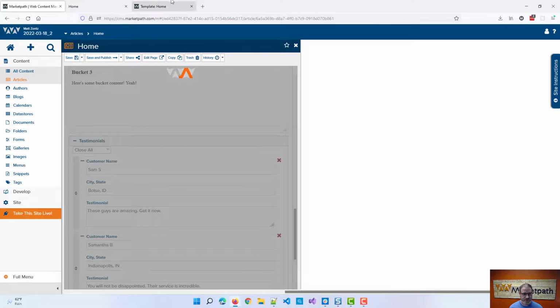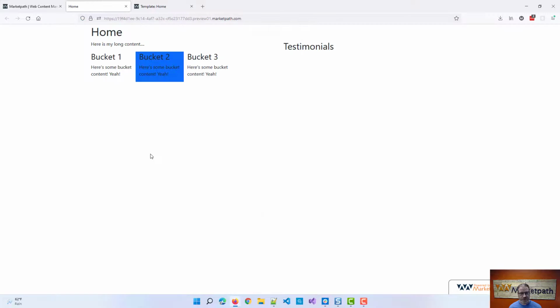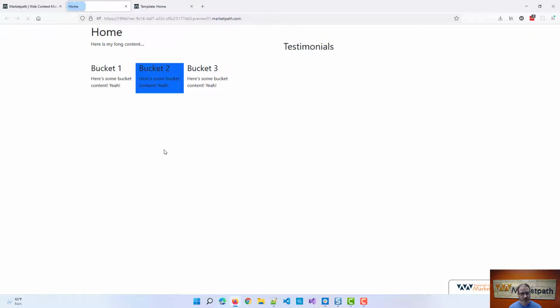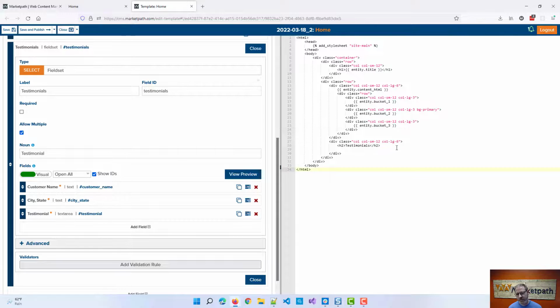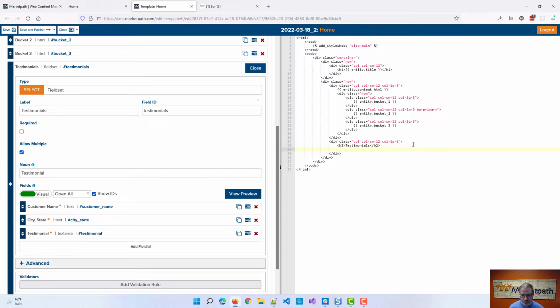I'm going to save and publish this content and go over here to the preview, hit refresh. Wait, where'd it go? Guess what? I still have to add it into the mix. So what we're going to do is go over here to the template, and underneath testimonials, we're going to start a for loop. For t, for each testimonial in entity.testimonials, a little hard to type,